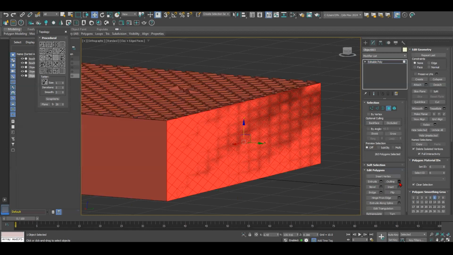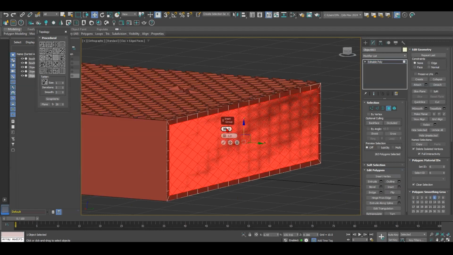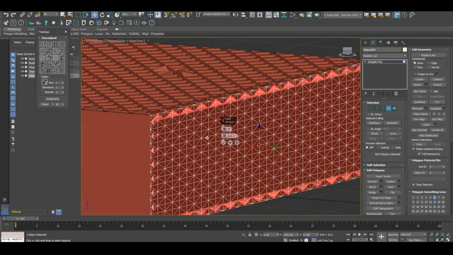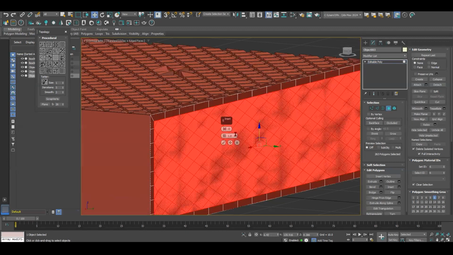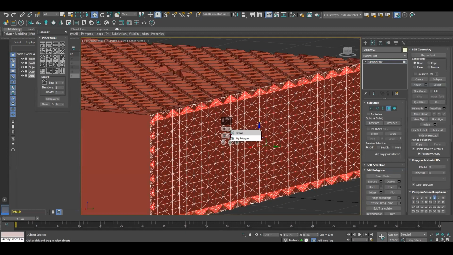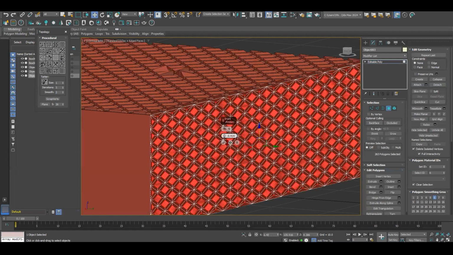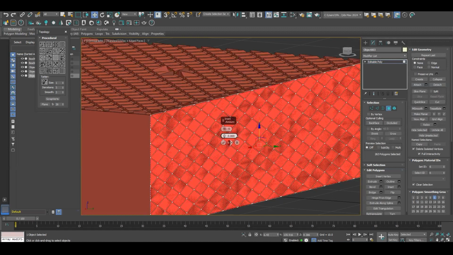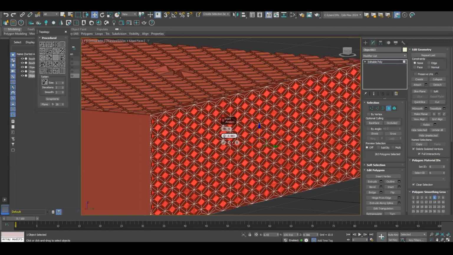Then you can start to do insets. Again, by polygon, you have to do it by polygon. Don't do the inset by group, because if you do it by group, it takes the exterior boundaries of the shape. If you do it by polygon, it takes every polygon and does this. So once you do that, you have